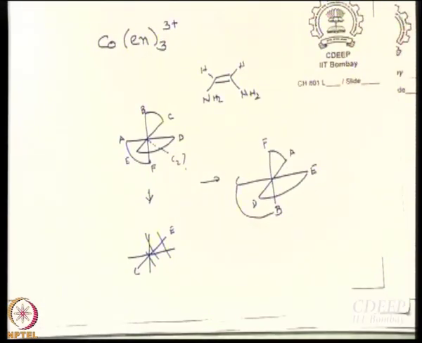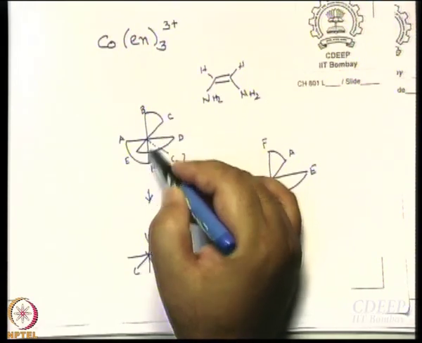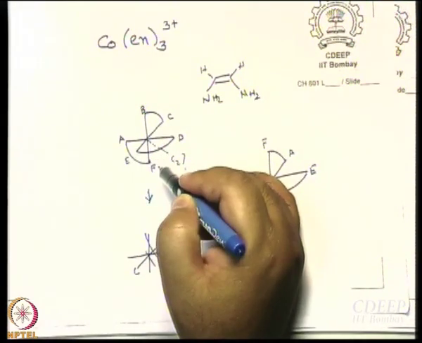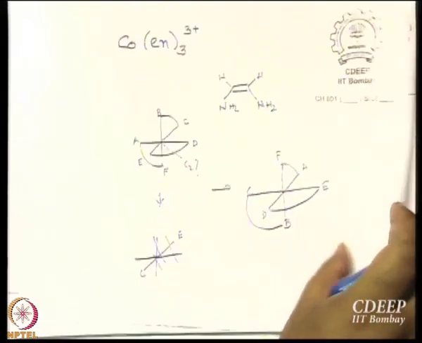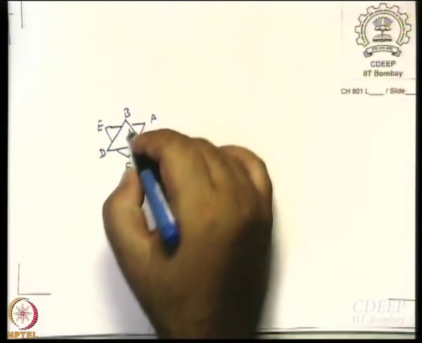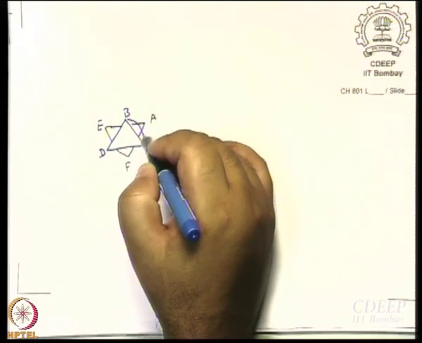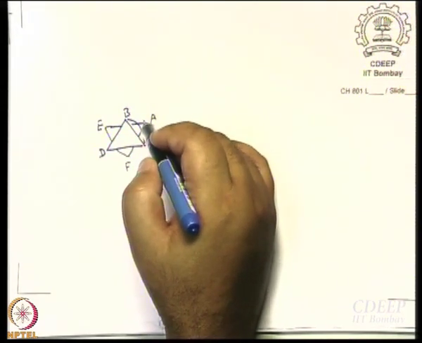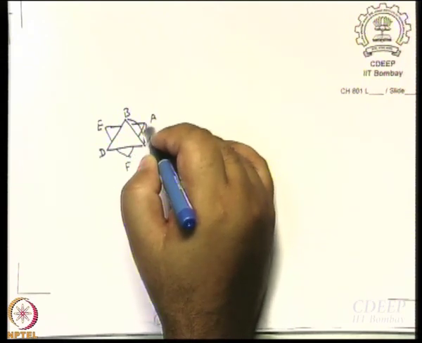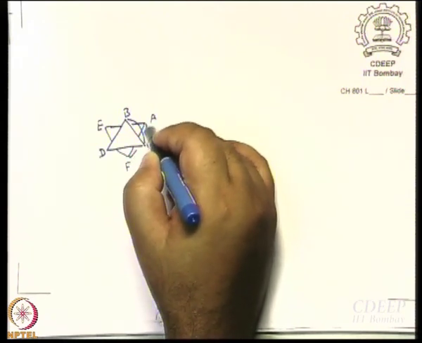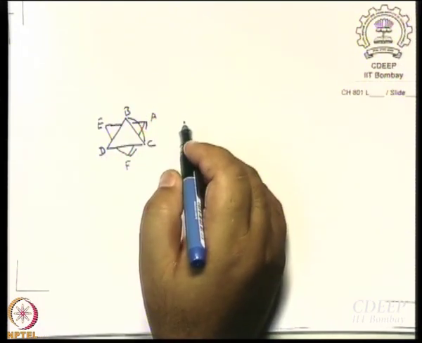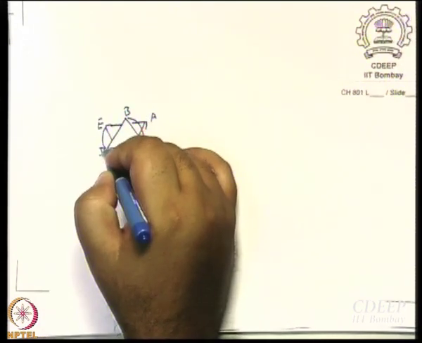What are the rings? BC, ED and AF. Right? BC, ED, AF. These are the actual rings. Let me draw the rings. BC, AF. We have drawn it, it's a little difficult. Anyway, and DE is easy to draw.